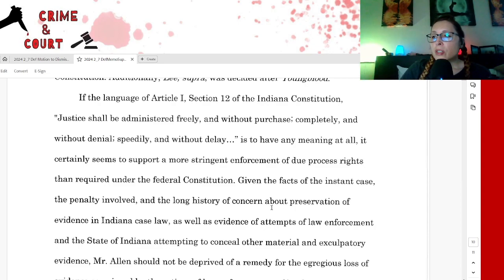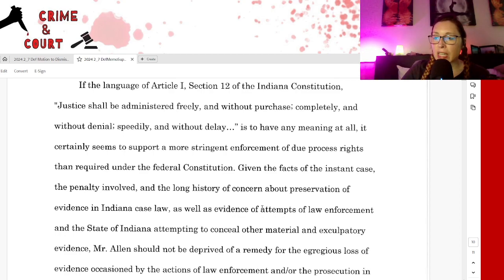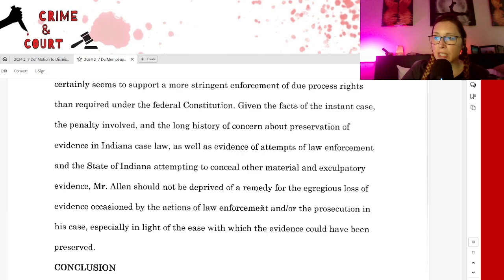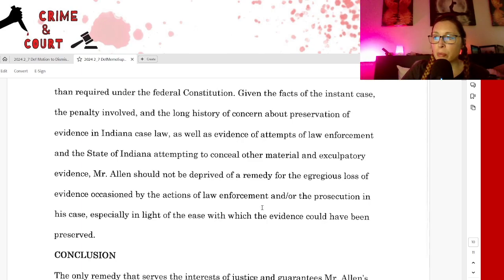All right, so in the language of Article 1, Section 12 of the Indiana Constitution, "justice shall be administered freely and without purchase, completely and without denial, speedily and without delay." If that is to have any meaning at all, it certainly seems to support a more stringent enforcement of due process rights than required under the federal Constitution. Given the facts of the instant case and penalty involved, and the long history of concern about preservation of evidence in Indiana case law,